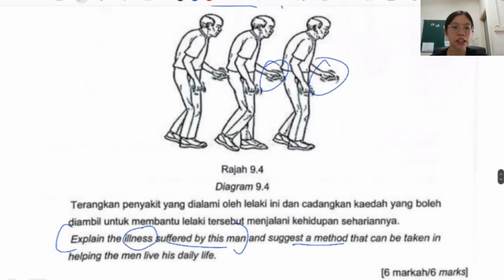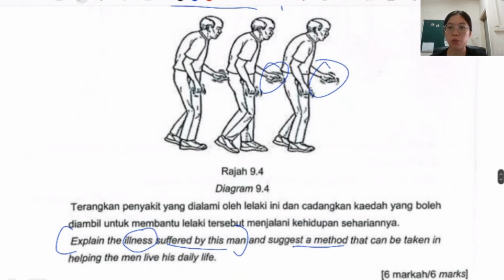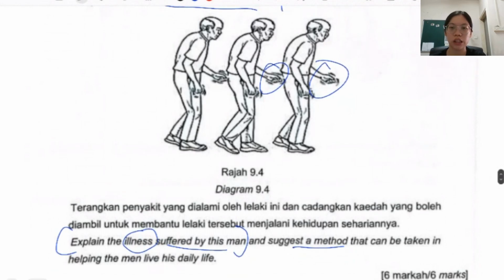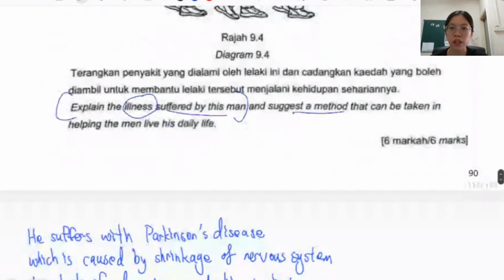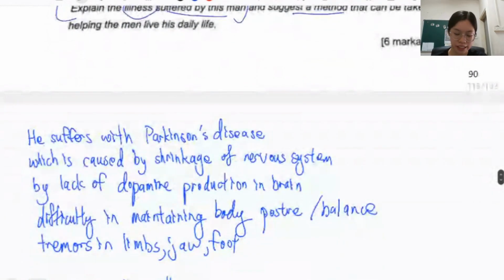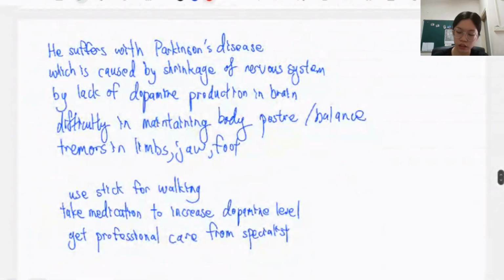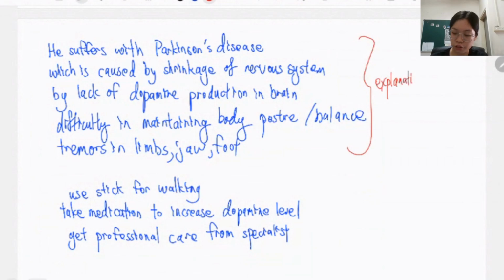Or since this person can't walk that well because his limbs keep trembling, maybe you can suggest physiotherapy, or provide him a walking stick to walk well. So basically this is how you answer it. This one is talking about explanation of the illness, and this one is the method